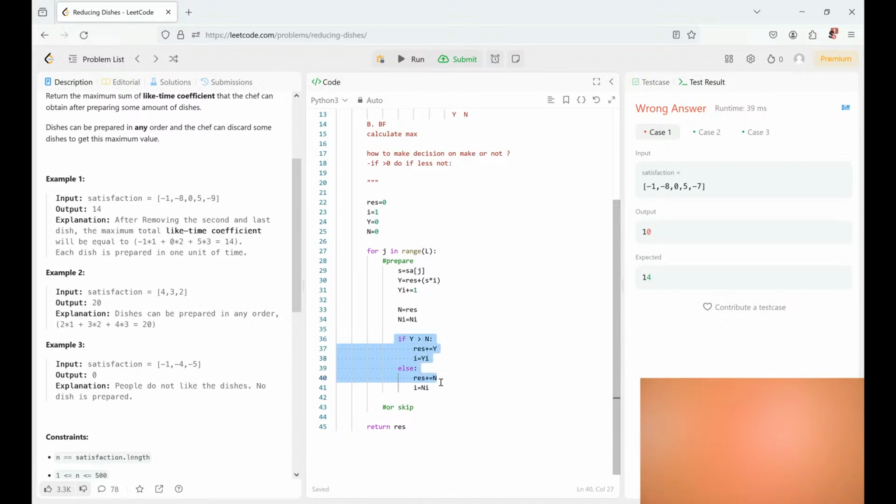Yeah, but here we make a decision. How about we make a decision based on 2? For example, if we have a j started from 2,